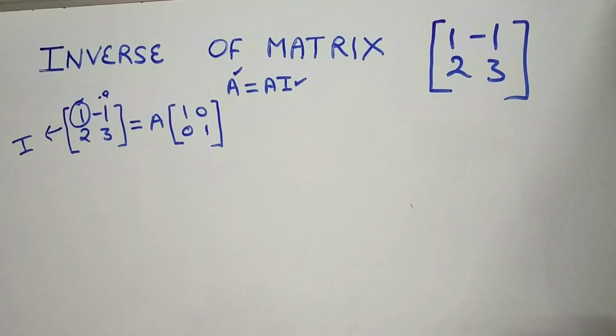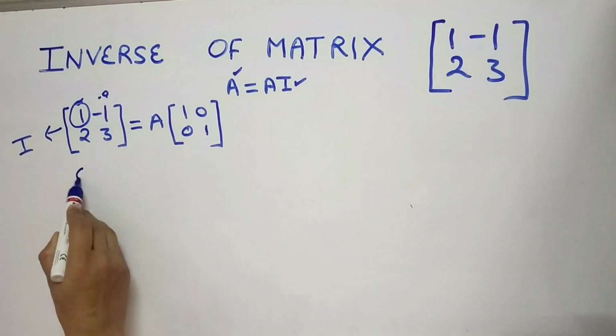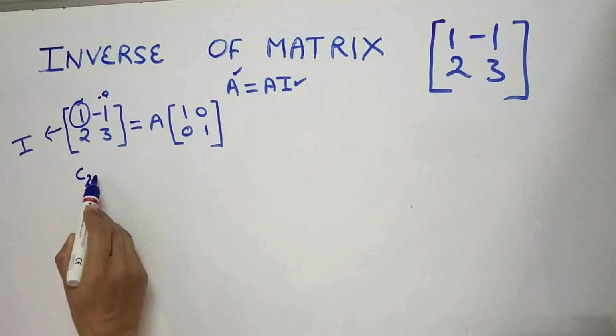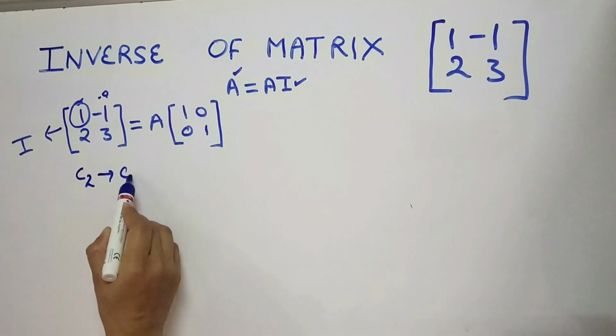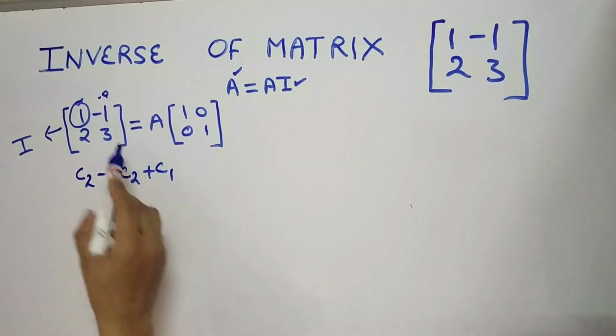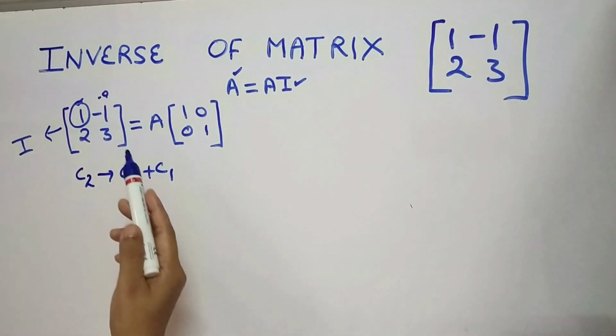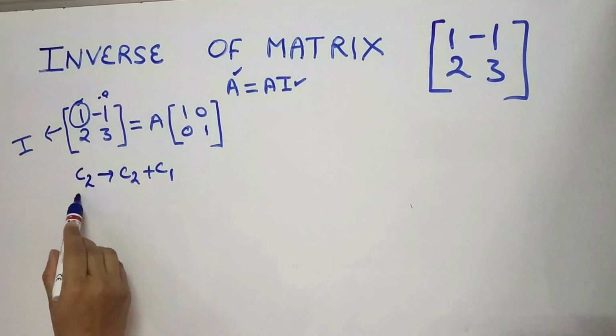If you are trying with the column operation, then until you get the answer, you have to use the column operation only. You cannot mix both row and column together in the same question. If you are following the column, go with the column. If you are doing it with the row, then go with the row only. So here I'm taking the column operation. Here you can write C2 as C2 plus C1, because this can be reduced to 0 if you do this operation.